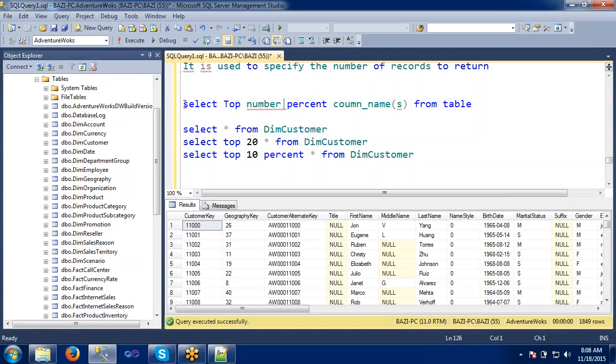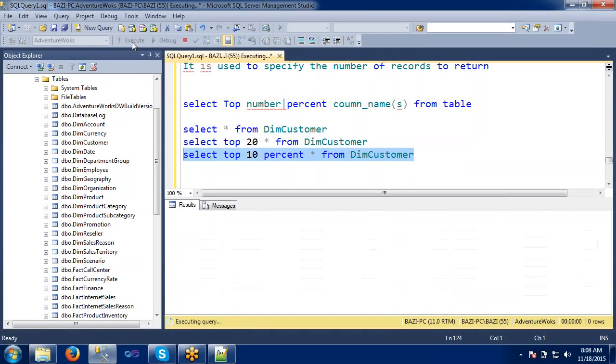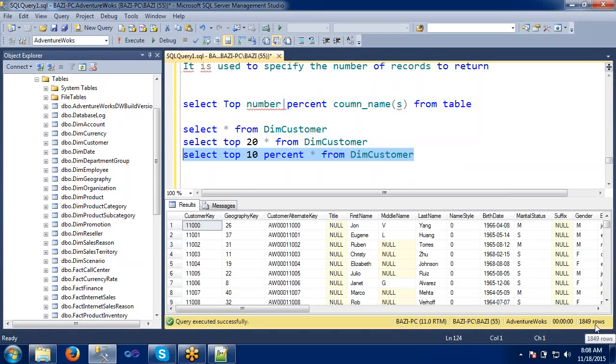Any doubts, Thiru or Nitin? Yeah, no problem, sir. Executed select top 10 percent, that is what I have executed now. So 1849, but our actual dim customer count is 18,000, and 10% of that is 1800.